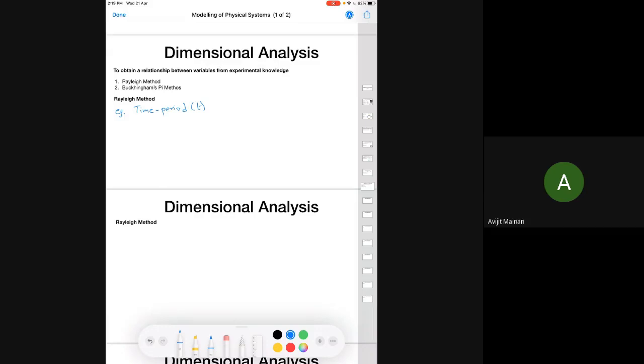depends on the length of the string L and acceleration due to gravity g. So T is a function of L and g. What we don't know is the functional form. So we assume that